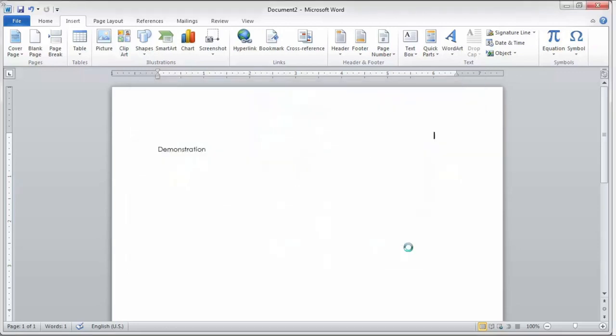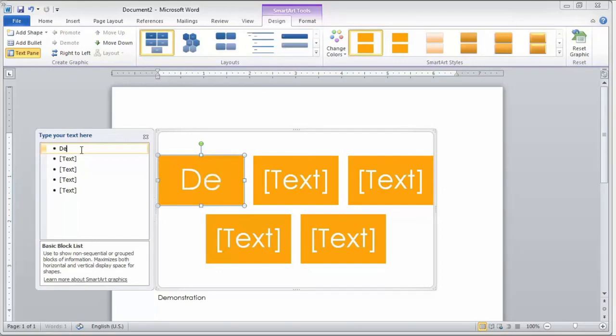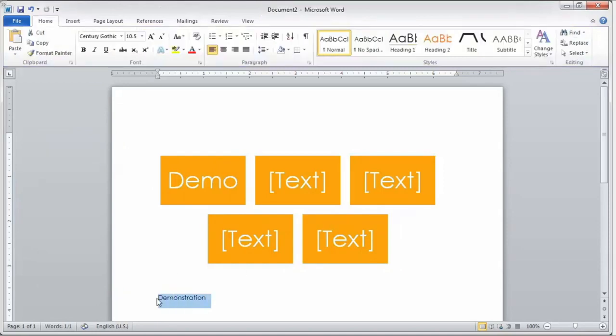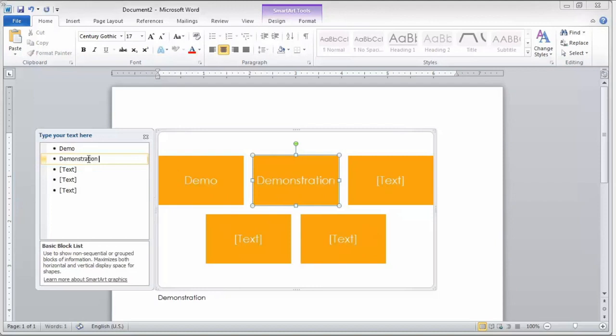Enter your text by doing one of the following. Click Text in the text pane and then type your text. Or copy text from another location or program, click Text in the text pane, and then paste your text. Note: if the text pane is not visible, click the